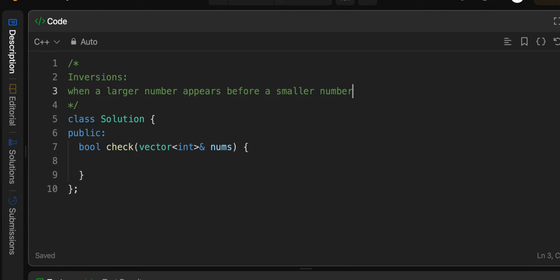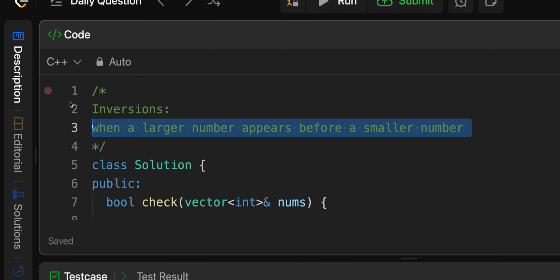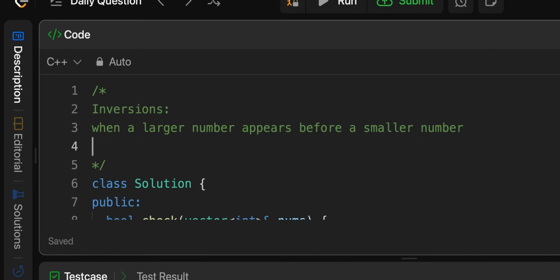So the question becomes, well, what is an inversion? So we have that here, highlighted. So something like this would be an inversion. This would be an inversion. So applying that to our example here,